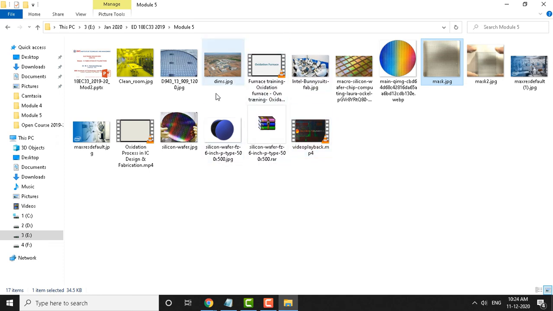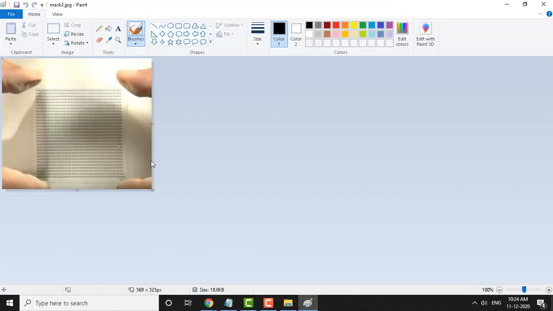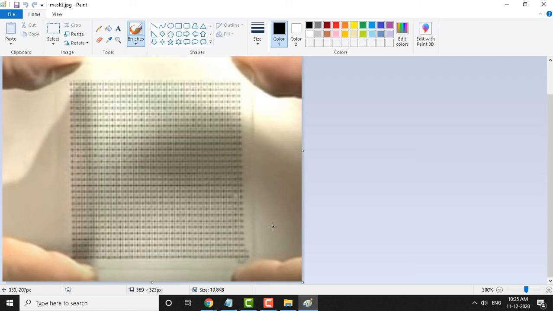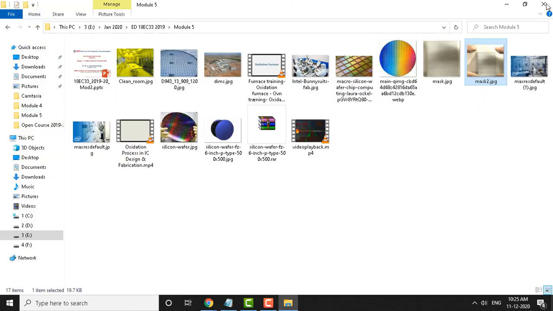I think we'll discuss these things again in fabrication. I will just show another photograph of a mask where it is clear. You can see now how the mask looks like. I'll zoom it out. This is a person holding a mask. You can see there's a glass plate, typically glass. It contains opaque and transparent portions, nothing else. It's very minute, you can see, because everything is going to be nanometer.